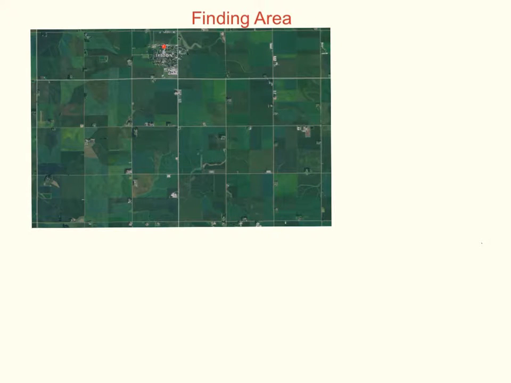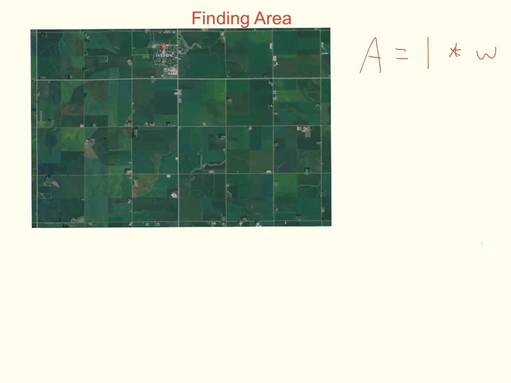In this video we're going to be talking about finding area. In a previous video we talked about how finding area used squares, and we counted squares and did some other things, but in this video we're going to cut right to the chase and talk about the formula for finding area. So the formula for area is area equals length times